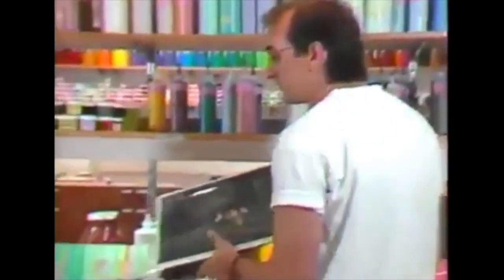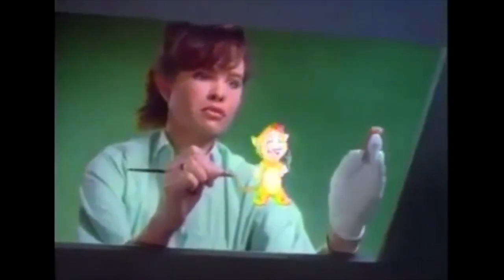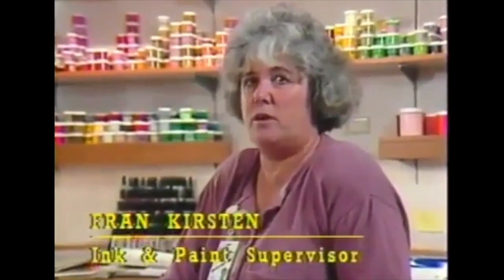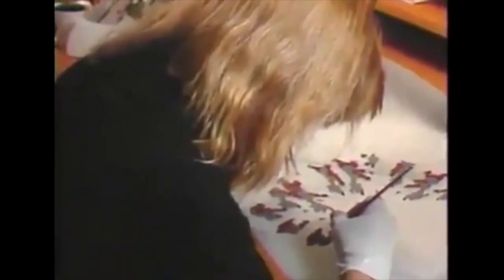I'd like to introduce you to Fran Kirsten, whose department is responsible for transforming the pencil animation drawings into the final color cells that will eventually make it onto the screen. We currently have 20 people in the ink and paint department, which includes Xerox camera. All of these people have some artistic background. Our primary job is to supply all of the artwork that the camera department will need to shoot the final film.